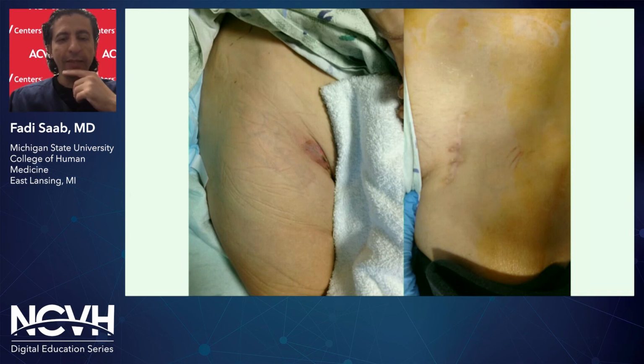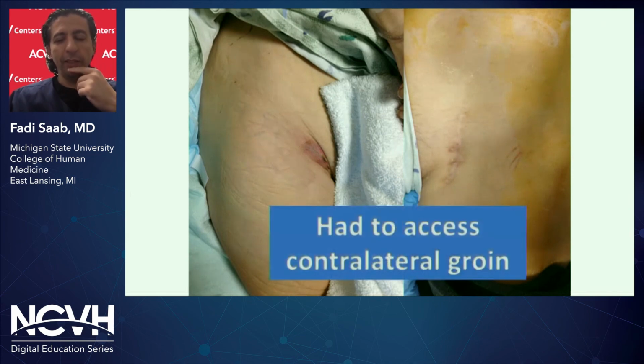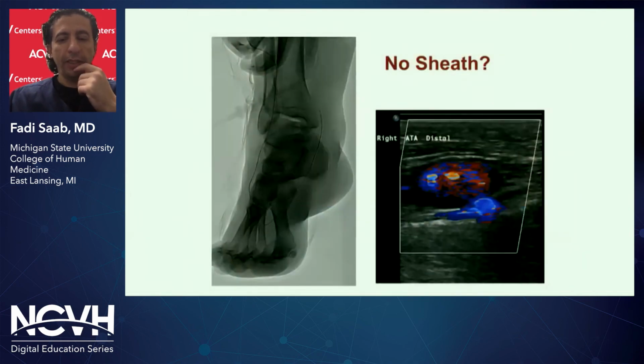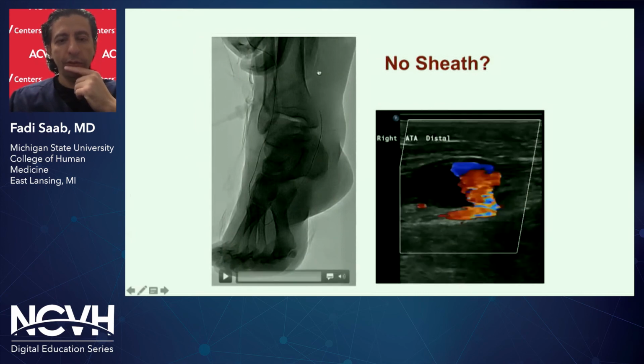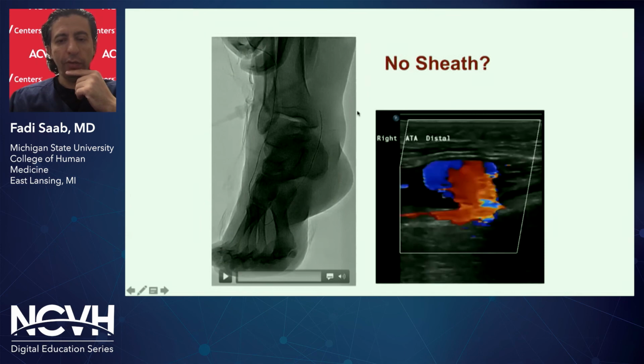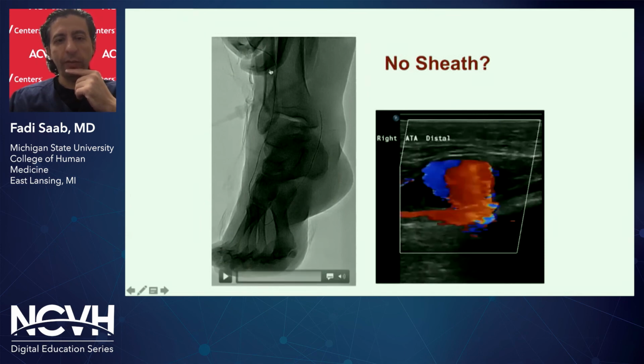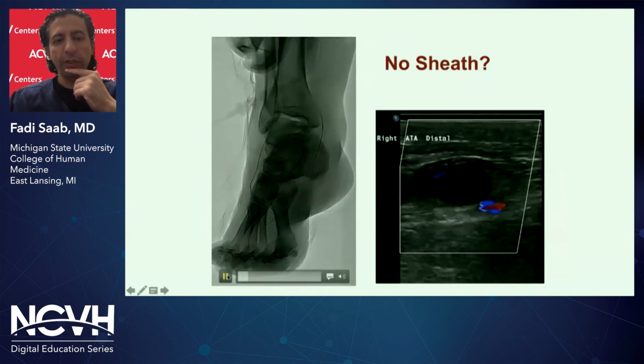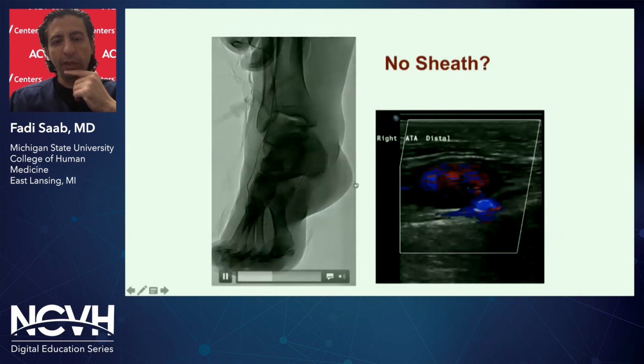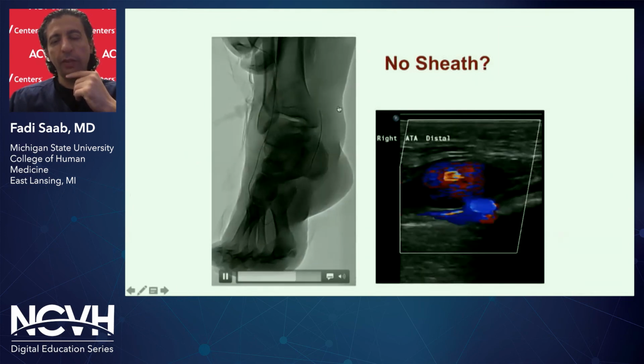Obtaining antegrade access was not feasible, and you can see why. So we had to go up and over a contralateral groin, and the patient is somewhat tall, so we were unable to cross the CTO in an up-and-over fashion. So we had to access the occluded anterior tibial artery, as you can see here in this example, and cross the pedal loop. We were able to deliver therapy. But what happened is,